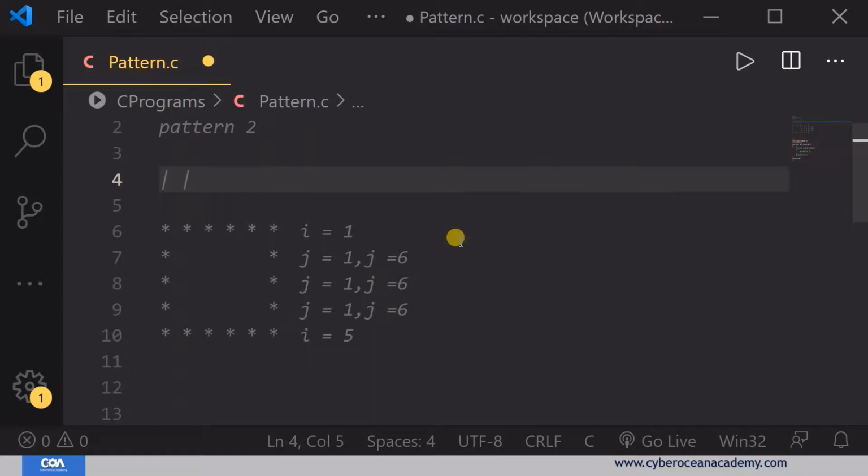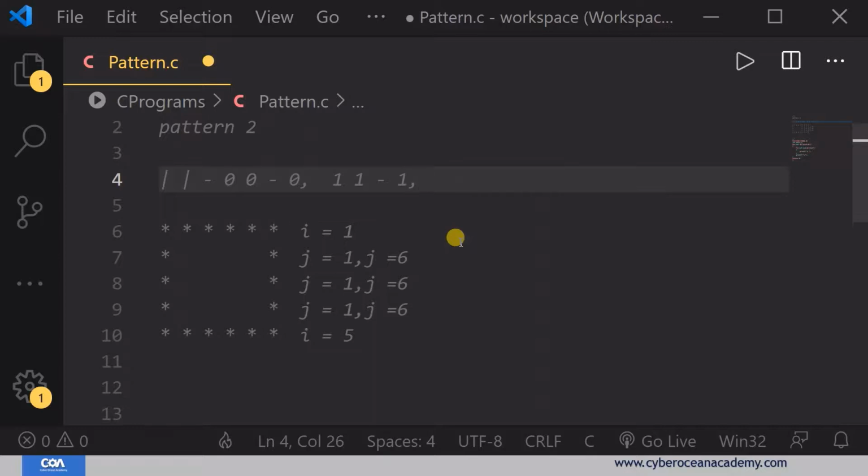So this is a logical OR, and logical OR means if two values are 0 0, then it will give you 0. If two values are 1 1, it will give you 1.